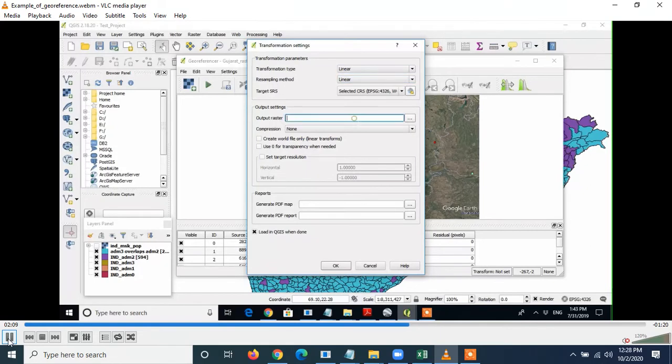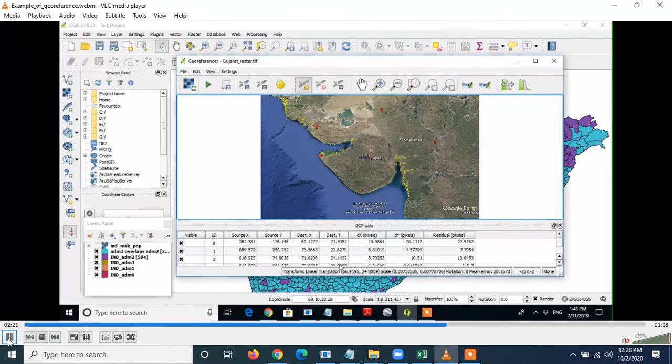You can select the transformation type and you can save the file with georeference by giving some name in output raster. Now you can click on start georeference.